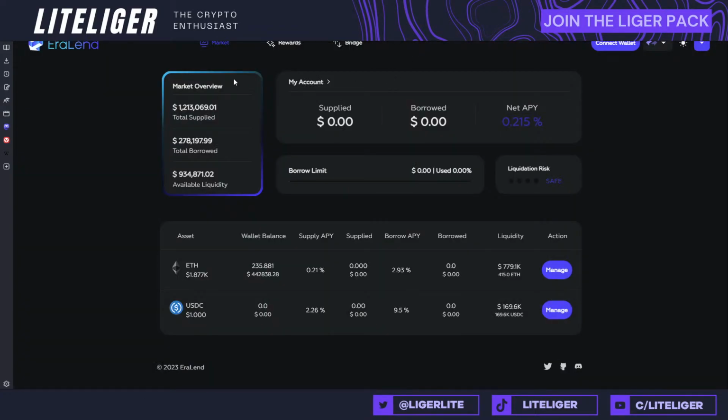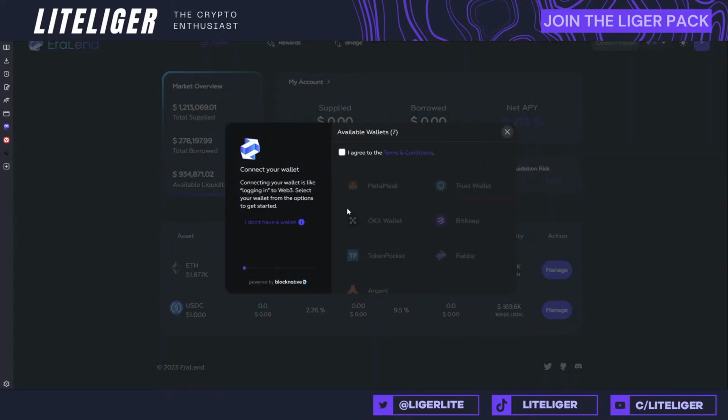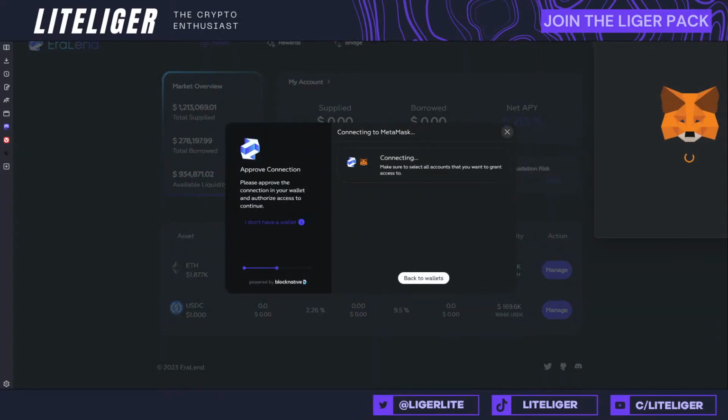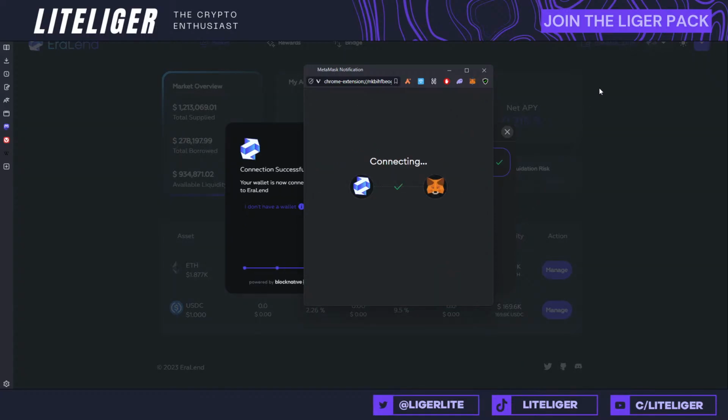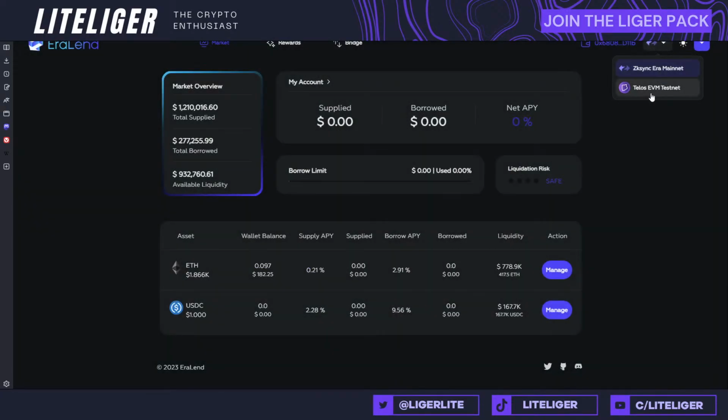So the next dApp we're going to be interacting with is Eralend. This is a lending protocol. I always add one lending protocol because lending protocols sometimes might be a criterion for the airdrop, because that's kind of providing liquidity. It's not traded amount, but it's liquidity. And liquidity is sometimes measured by these dApps, asking have you provided liquidity? And we're going to be connecting here. And I believe this is also available on Ethereum mainnet. Let me confirm that. Yes. Oh, it's on Telos. Okay, that's interesting.